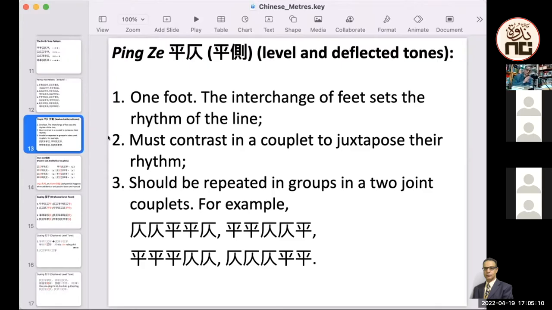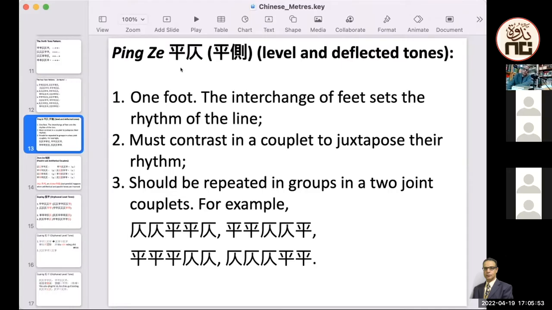If we just say ping tsu, that means it's a disyllabic foot. Disyllabic meaning it has only 2 syllables. But it may come as 3 syllables, like ping ping tsu, or tsu tsu ping, or ping ping ping, or tsu tsu tsu, whatever. And in the Tang Dynasty, they also liked to end many lines with a word of 3 characters. So it ends with ping ping ping, or tsu tsu tsu, or variations of both. This is called a trisyllabic foot.